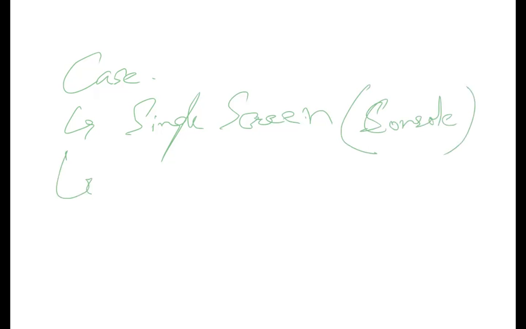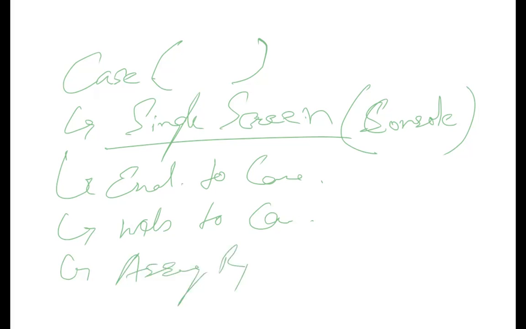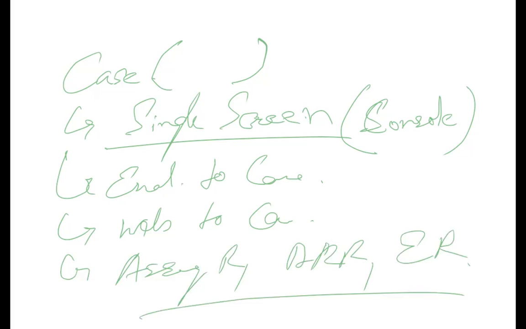We'll see that you can create a case the normal way. You can create a case in, say, console. Here in case, we will see email to case. We'll not go through that, because this needs a lot of setup, we will not do that. We will see web to case, how this works. Then we will go to check the assignment rule. We'll see auto response rule. We'll see escalation rule, and we'll finish today's class. Any questions so far?